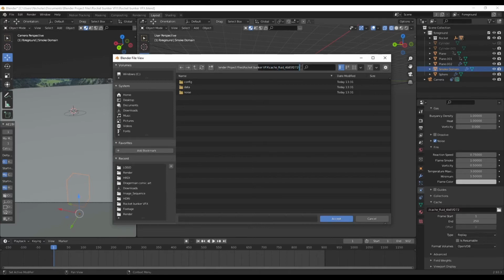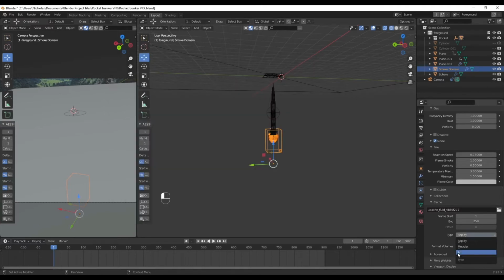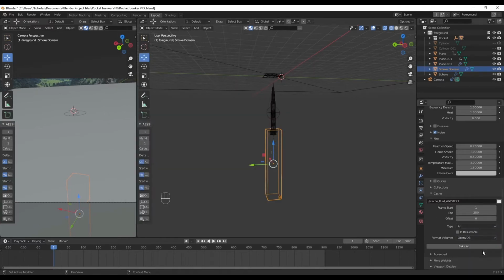This will usually automatically create a cache folder inside of the root folder where we have saved our project file. So that's all good. I want to select this to all and is resumable, so I can cache and stop at any time to see what it looks like, and then continue caching,